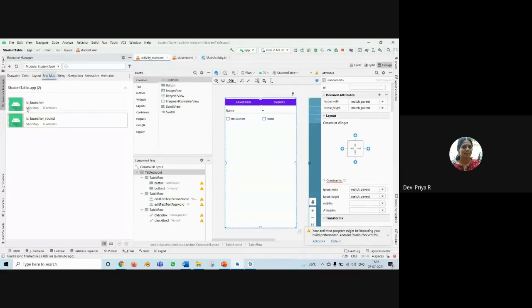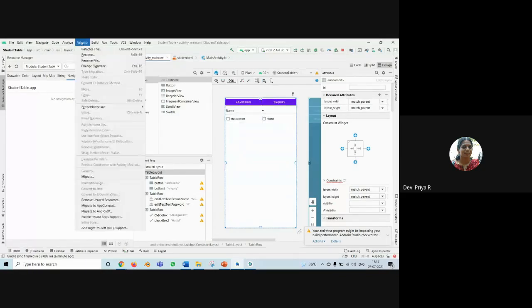We map this string, navigation, animator. These have not been created, but the resources that are being used for this particular project will be displayed here. And also it will be displayed here. So the basic thing that we have chosen now, which we have selected, which is under current selection.